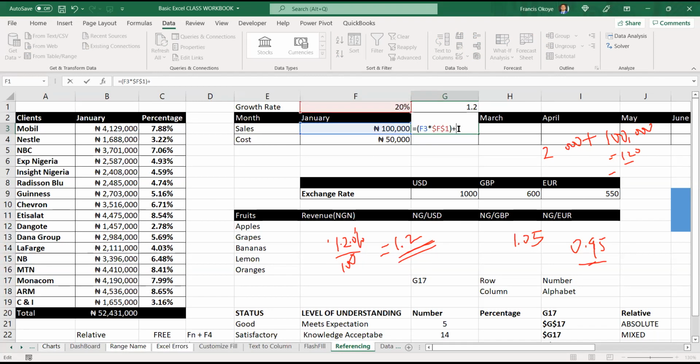Right? Plus F3. Plus 100. F3. Yes. Can you see now what we wrote down on paper? I see now what we have built. Yes, sir. So that is the 120.